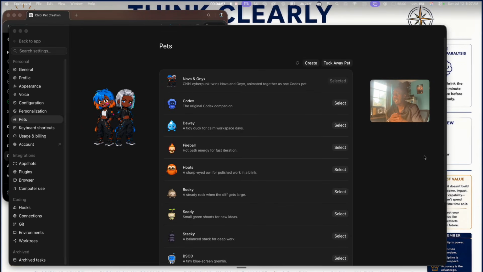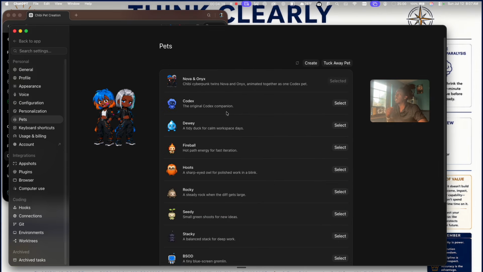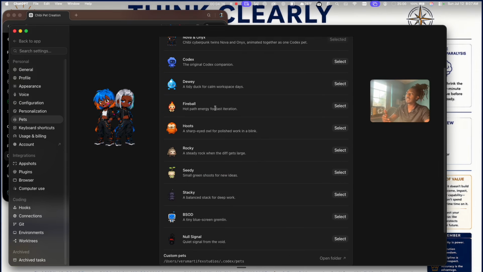Today we're gonna be making custom pets in the new GPT app, mixed with Codex. So, what is a pet? This is an AI pet. In GPT Codex, you can go to the settings, and then go to pets. And these are pets. So, pets is basically